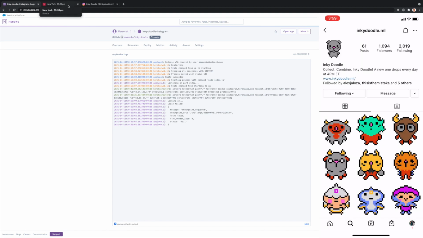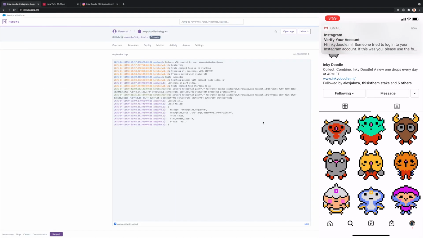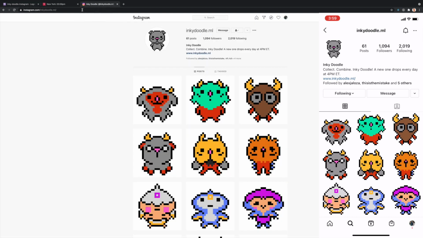If your account has previously been blocked or faced some restrictive actions from Instagram, this could happen, but good thing we've written code to handle this edge case. Let's see if our challenge solver works. We see that Instagram has sent us an email that tells us to verify our account because someone tried to log into our Instagram account. That's true, our server was trying to log in. This is good because now we have an access code to use when mail parser parses the email. Let's wait and see if our script parses that